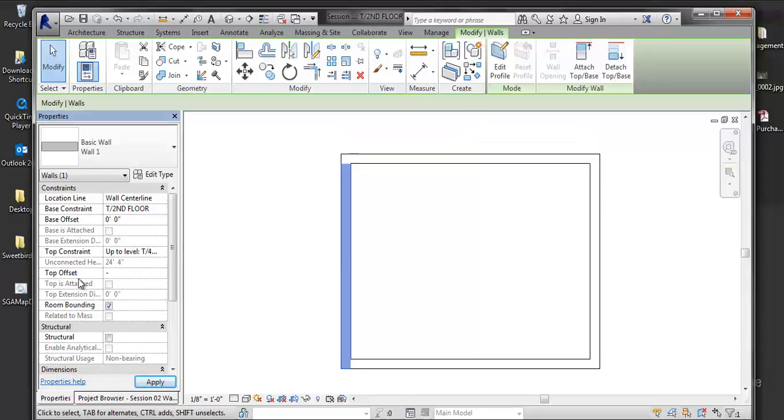Yeah, I would do my negative, whatever my slab thickness is. But if you do attach to the top and the base, it does take the thickness of that assembly. Yeah. Also, if I have it so I'm